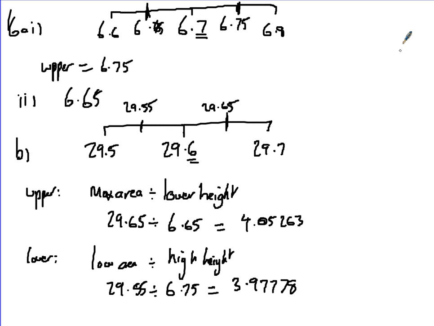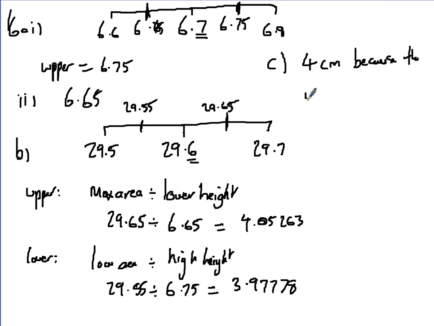Part C. Write down the width of the rectangle to an appropriate degree of accuracy. You must give reasons for your answer. So the width then would be 4 centimetres. Why? Well, let's look at the reason acceptable. We're going to say if we rounded to the nearest whole, so 4 centimetres, because